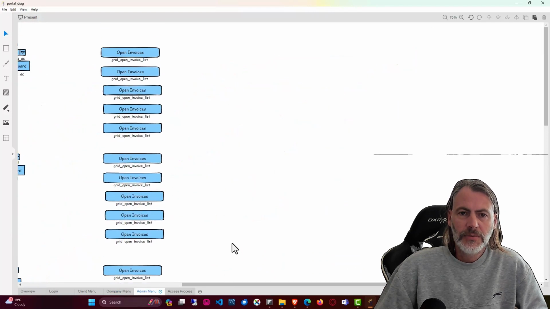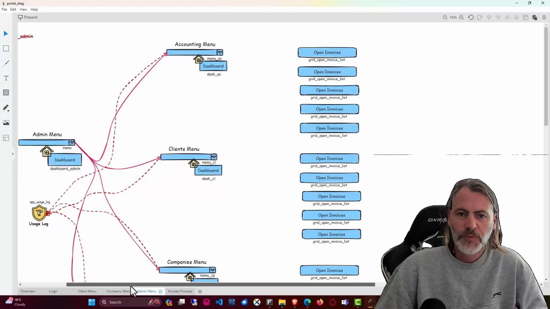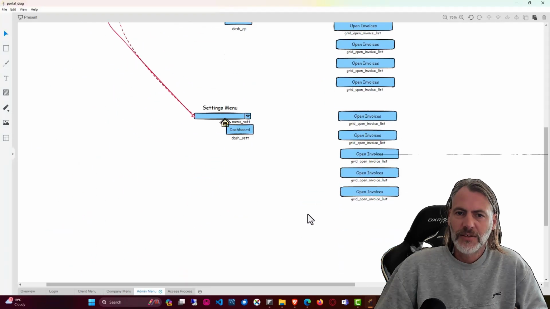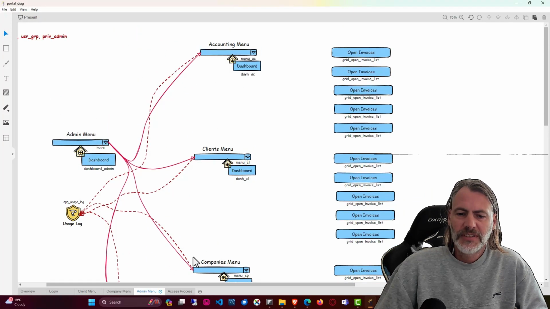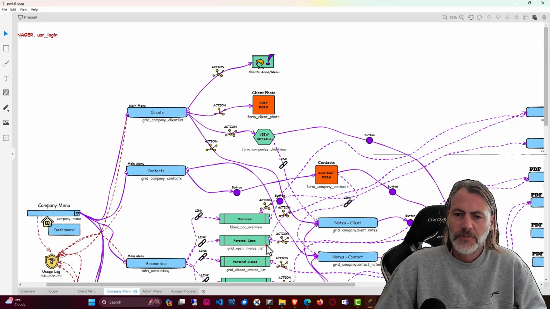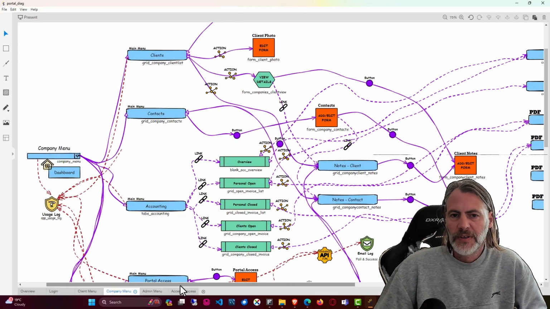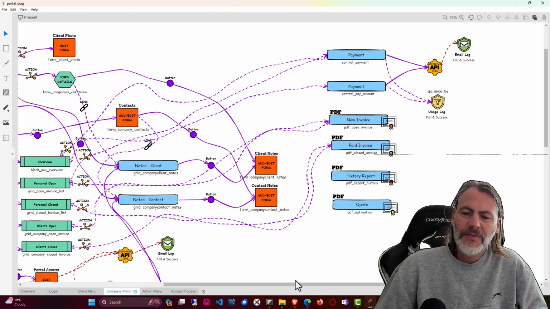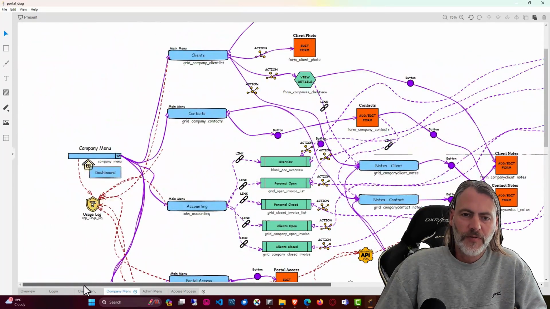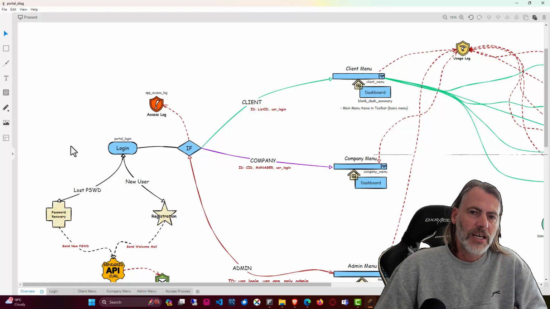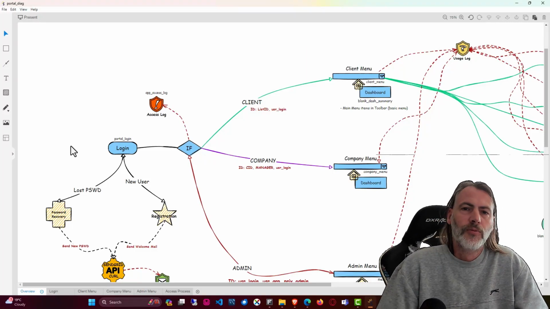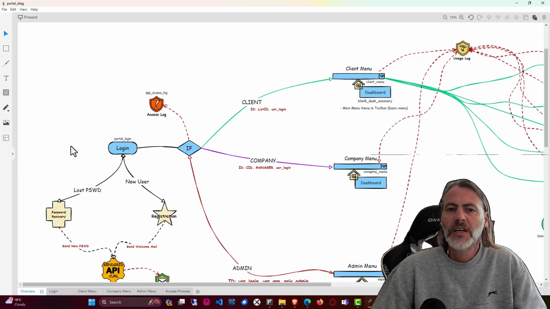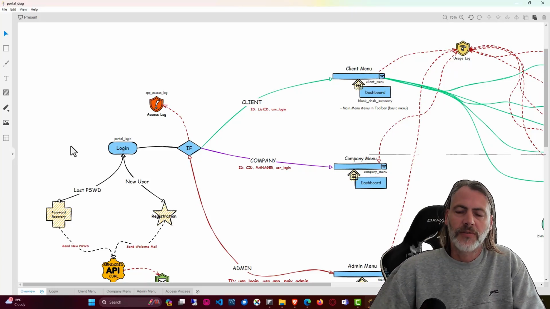The admin menu, well, as you see, that's really just been started. So that still has a long way to go. And typically there, of course, there will be more processes and more actions, pretty much just as many as we see here within the company menu. But having this laid out in front of you will make your life a hell of a lot easier. Having an idea initially of what you want to happen during the process of opening up your application, logging in,